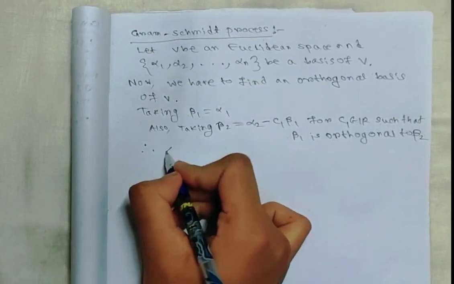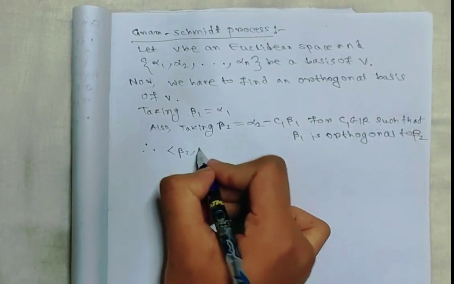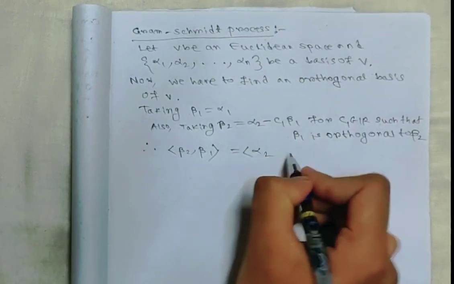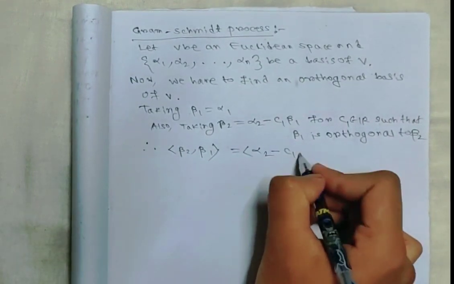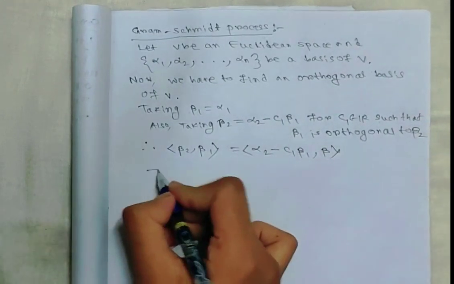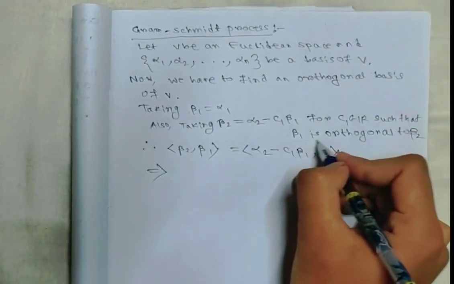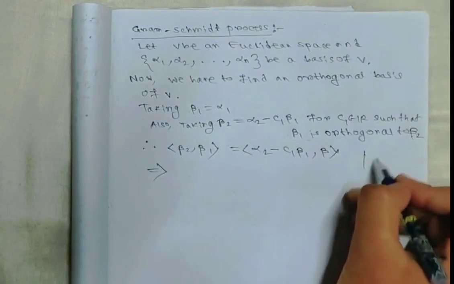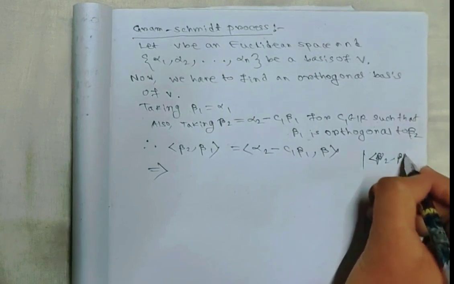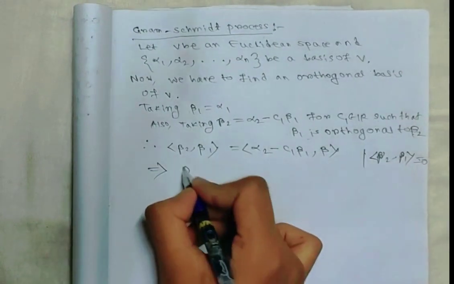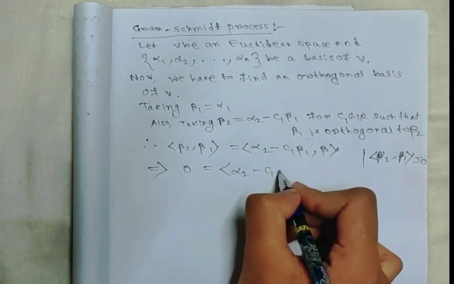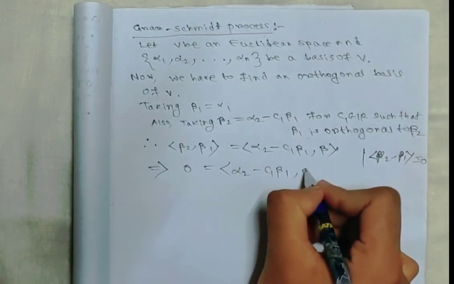Therefore, the inner product of beta 2 comma beta 1 is equal to the inner product of alpha 2 minus C1 beta 1 and beta 1. Now beta 1 is orthogonal to beta 2, that is, the inner product of beta 2 beta 1 equals 0. So 0 equals the inner product of alpha 2 minus C1 beta 1 comma beta 1